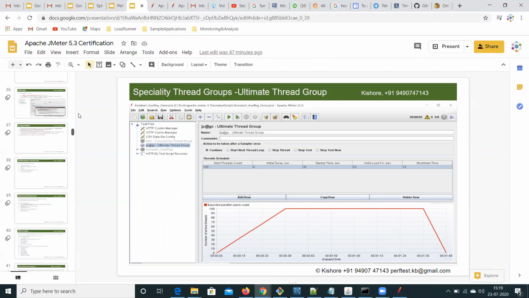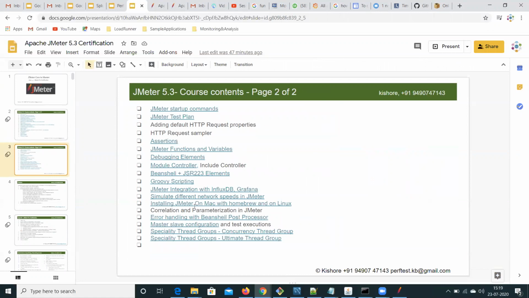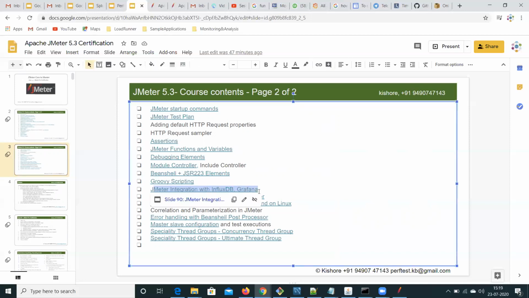Once we are done with all these JMeter course contents, I'll show you how to set up JMeter for master slave configuration, how to do the master slave setup over here in this slide, as well as JMeter integration with InfluxDB Grafana. And error handling, so Groovy scripting and Bean Shell and JSR 223 elements, as well as error handling with Bean Shell post processor and all.